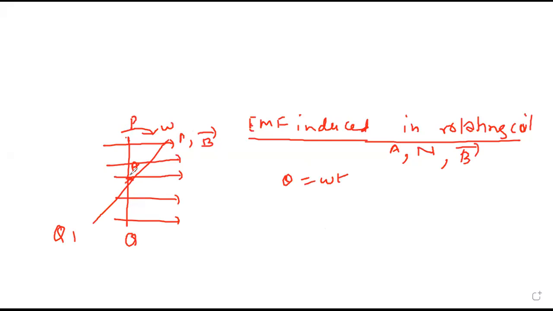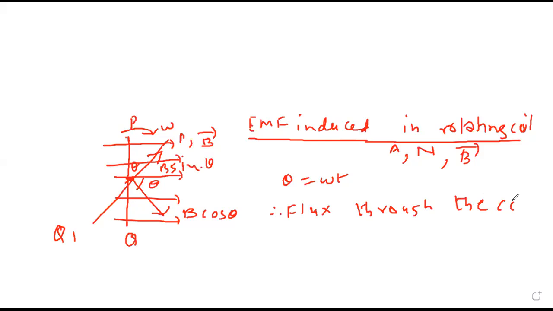Normal to the plane of the coil makes angle theta at this instant. Hence, B bar can be resolved into two components, B cos theta perpendicular to the plane and B sin theta parallel to the plane. Therefore, the flux through the coil at any instant t,